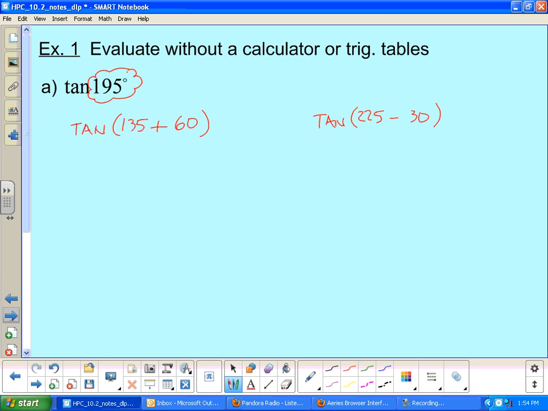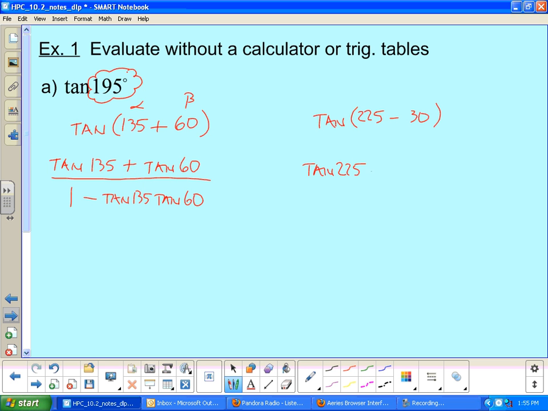So with addition and subtraction, we should get the same thing. Let's set up our rule. Here's our alpha, here's our beta. This one we'll set up as the tan of alpha plus the tan of beta over 1 minus the tan of alpha times the tan of beta. In this case, it's 135 and 60. Over on the other side, it would set up as